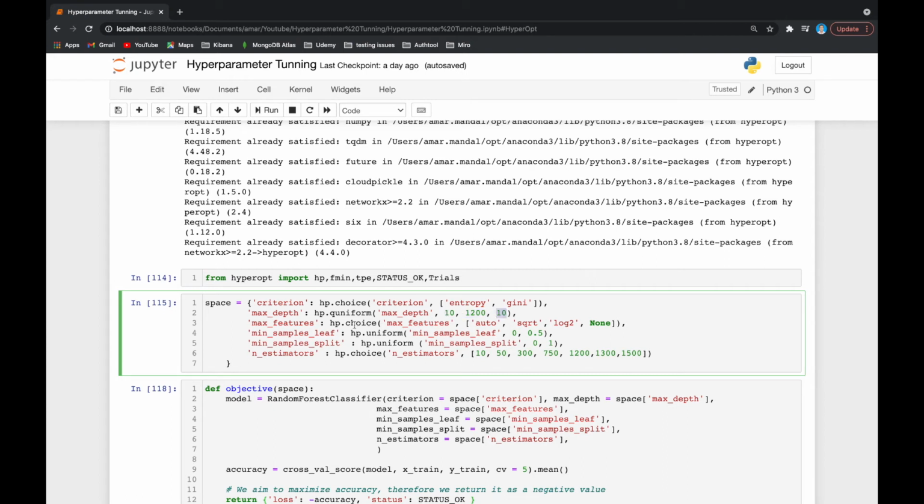Then for categorical features, we are using choice, and for numerical values, we are using quniform. So it will choose from this list accordingly. So likewise, we have created our parameter name and we are passing the parameters that we want to tune.